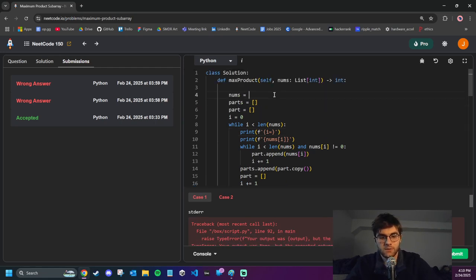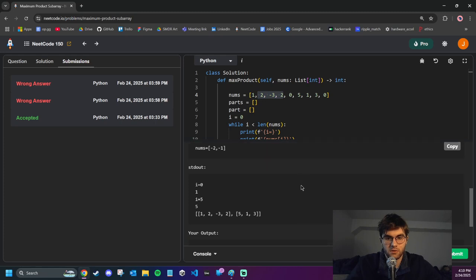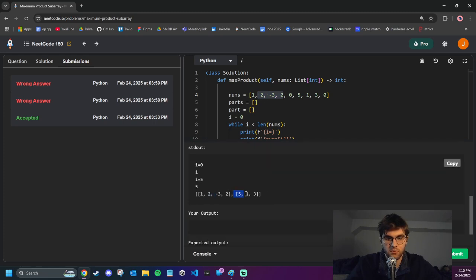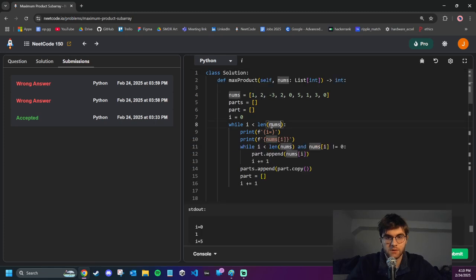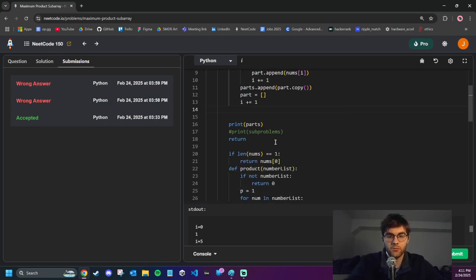What if I say nums equals, and then let's do this example. So if we have 1, 2, negative 3, 2, 0, 5, 1, 3, 0. So it should give me 5, 1, 3, and then those. Okay, perfect. All right, so this will get us all the parts. Okay, perfect. So now we're basically going to say for subproblem in parts,